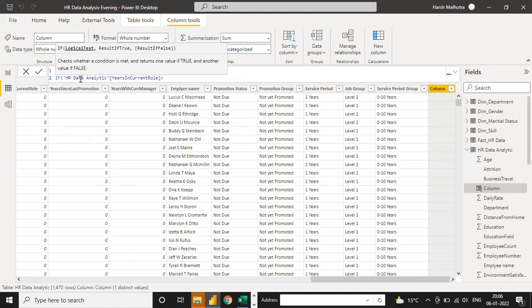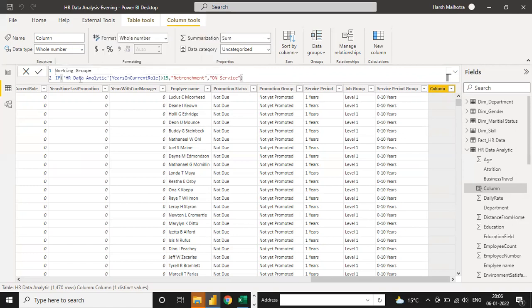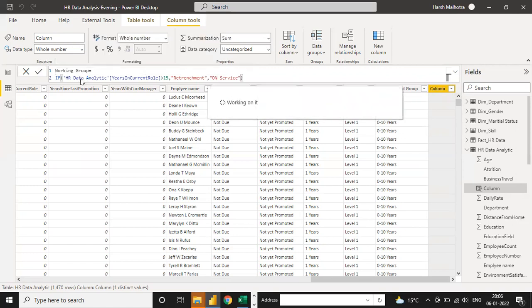Suppose I write: if the year is greater than 15 years of experience, then the employee is looking for retrenchment. If they have less than 15, then they are on service. Just click on this OK option. So this is your working group.